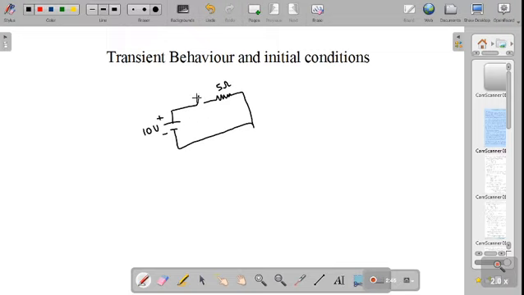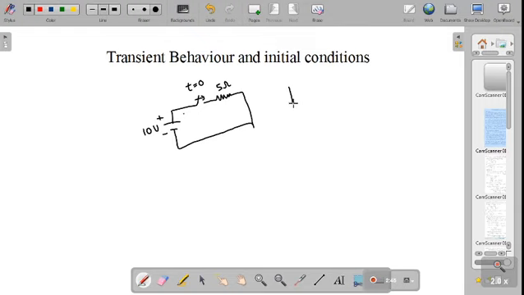In this state, the switch is in open state, so this switch can be closed. Let us consider the time taken to close the switch is 0 seconds. So what it tells is it takes only 0 seconds to close the switch. So there is no time wasted in closing the switch. So the time taken t equals 0. When you close this switch, the current starts flowing in the circuit. Before that, there was no current flowing in this circuit.